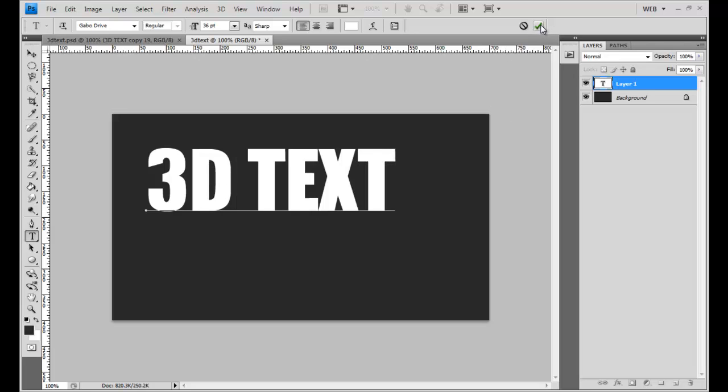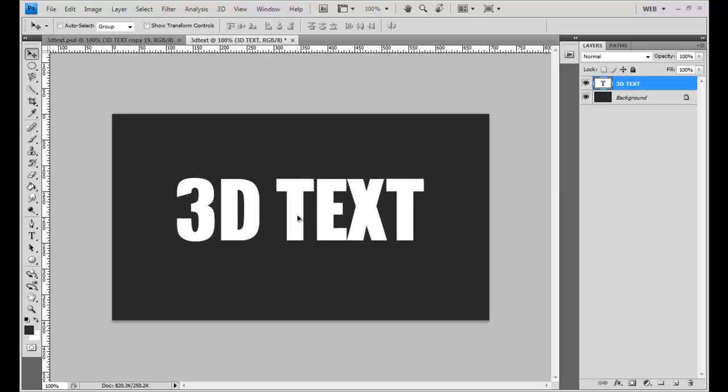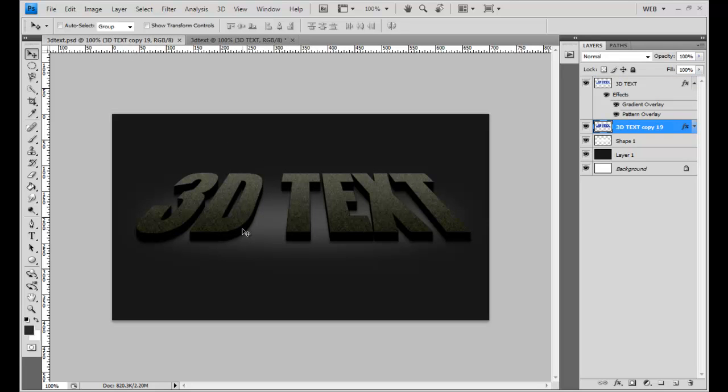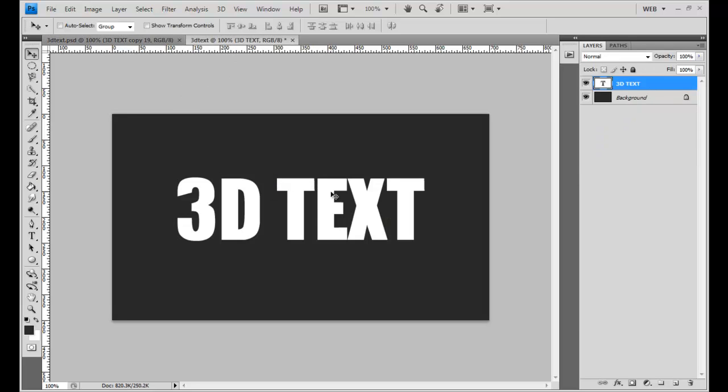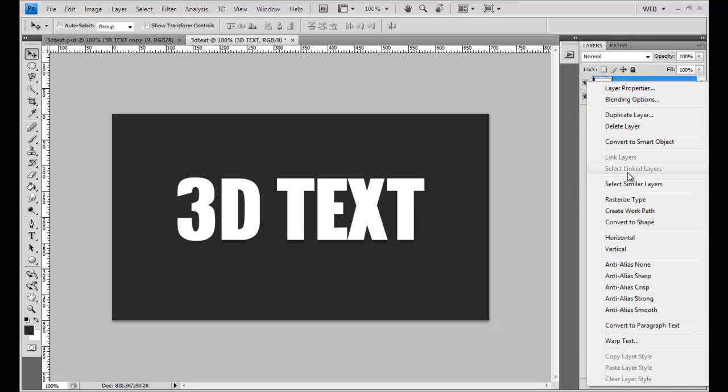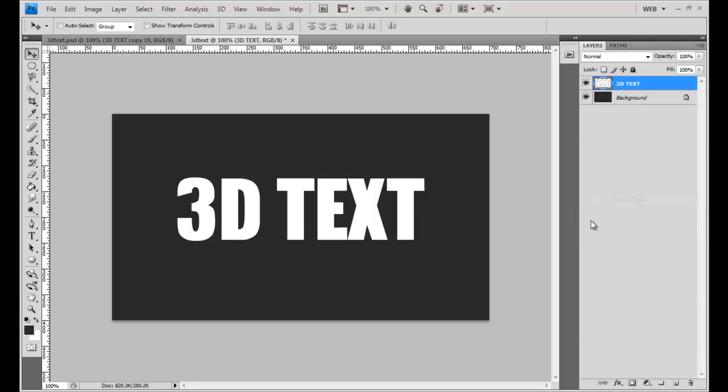I'm going to commit to that by clicking the checkbox, grab my move tool, and kind of center this text up a little bit. Now, in order to get the perspective that we see in the original here as it's laying down on some sort of a flat surface almost, we need to change the perspective of this text, and to do so I need to change it to a rasterized image, and once I do that it will no longer be editable. I'm going to right click on this layer in the right hand side, go down to rasterize type, click that, and now I can no longer edit this using the text tool,